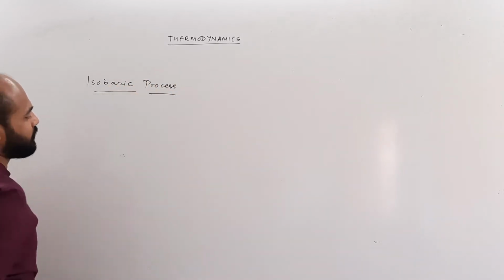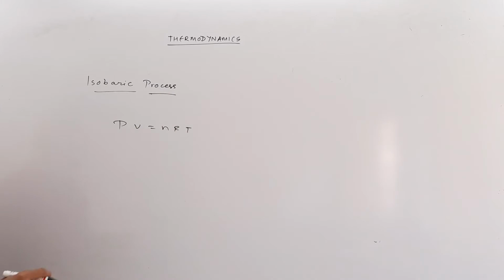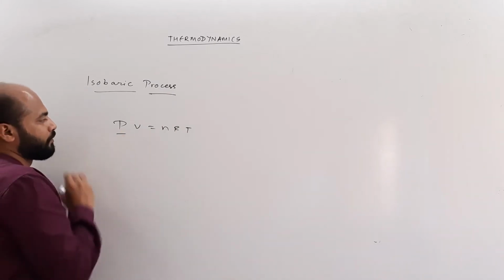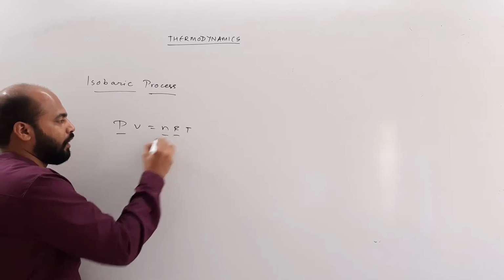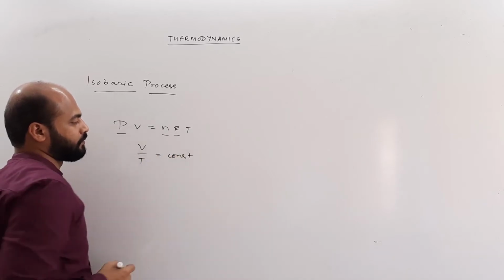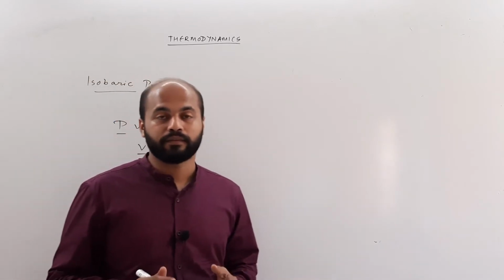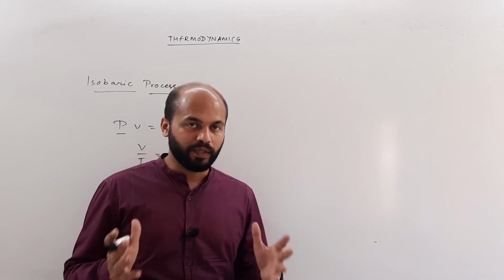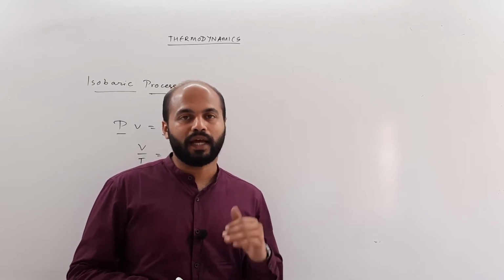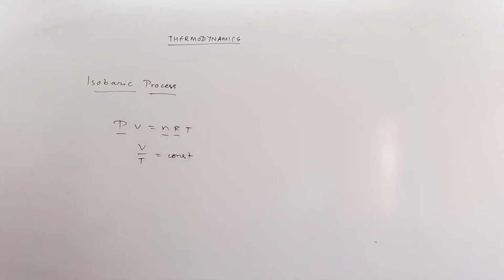Now, when you study the isobaric process, you have to go back to the equation PV equals nRT. Here the pressure is remaining constant, and n and R are the other two constants. So what we get is V by T is a constant, because pressure is constant, and when pressure remains constant in a system, an isobaric process happens. The best example of an isobaric process is heating water in an open vessel exposed to the environment. There the pressure remains constant, that is the air pressure. So V by T is a constant, right?